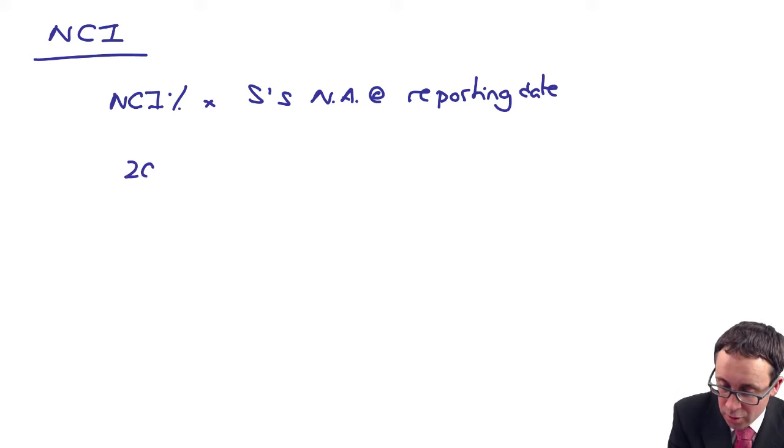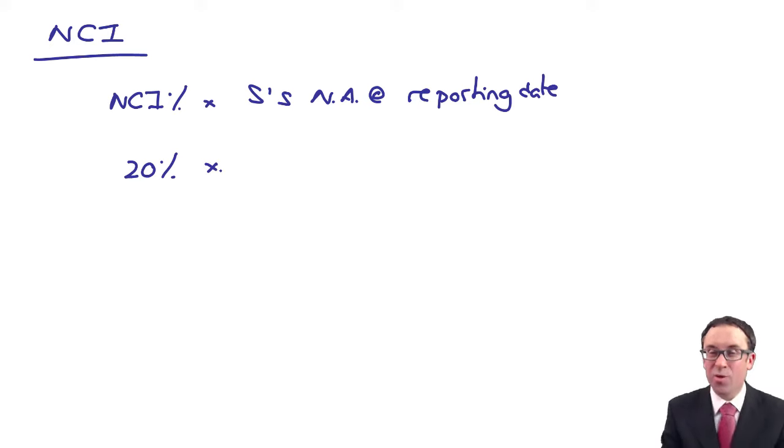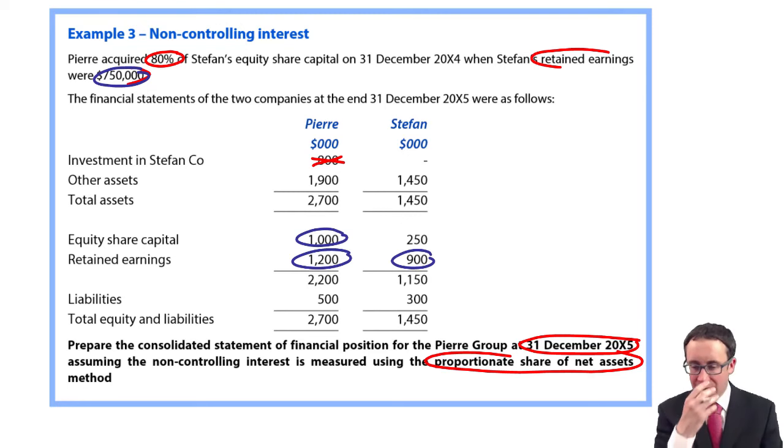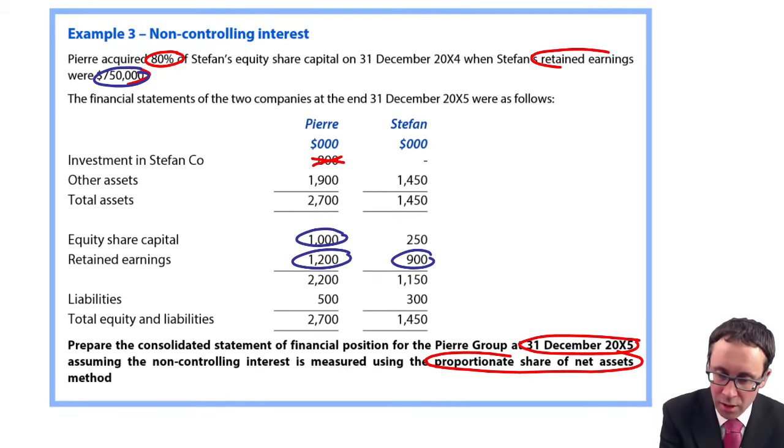Well, the non-controlling interest share is 20%, so that's quite easy to do. The challenge is looking at the net assets. The best way to go through and look at it is not to look at the individual asset line and deduct the liabilities line, because in the exam, it just gets too complicated. You'll have lots of assets and lots of liabilities. So what you need to go through and do there